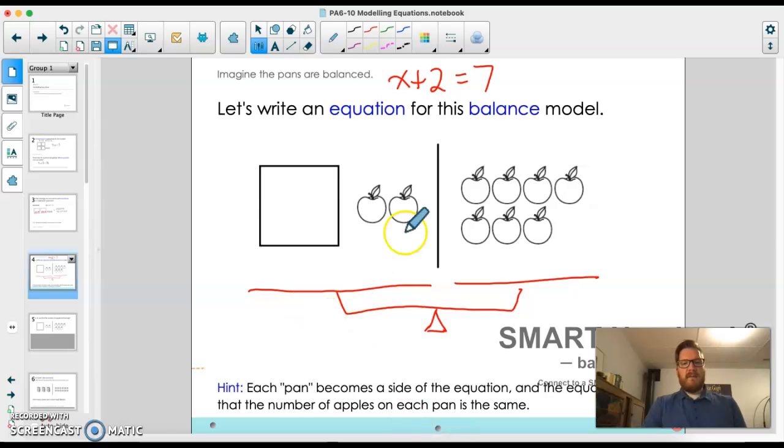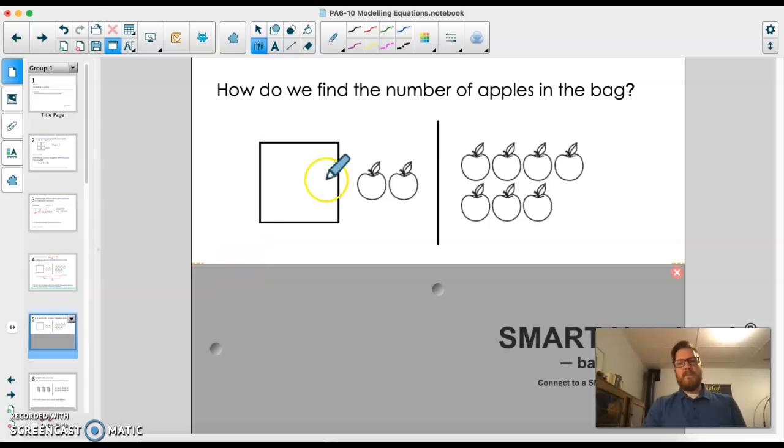Each pan becomes a side of the equation, right? So we have the left side of the equation and the right side. That's what's represented over here. We've got to make sure that the number of apples are the same. So the first thing that we do to find the number of apples, we remember that we're working with x plus 2 equals